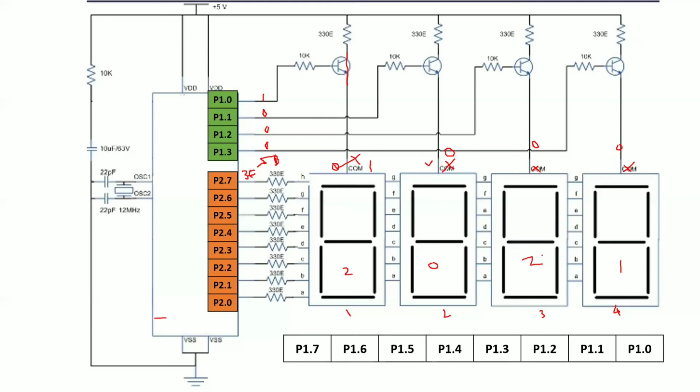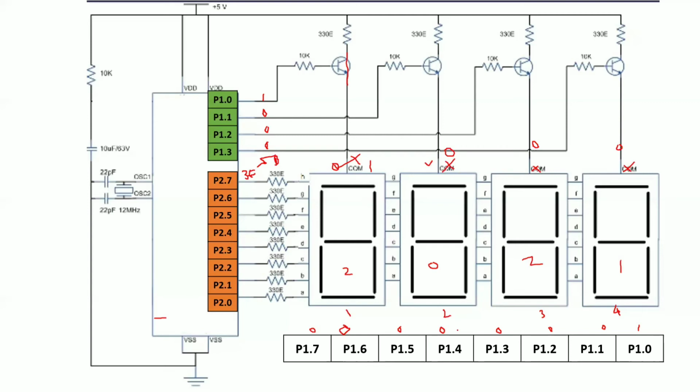At the bottom of this picture you can see the bits. Now I want to turn on the first display only. What I will do is send the value 1 0 0 0. What about the remaining bits? All are 0 because I have not used those bits. Irrespective of this value, the 7 segment display gets turned on.